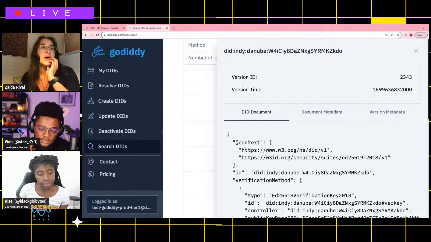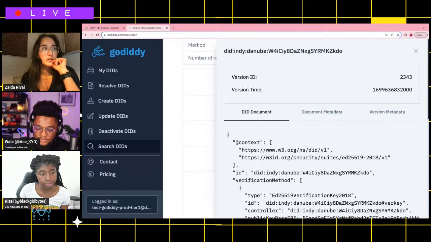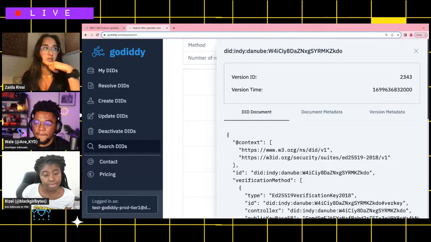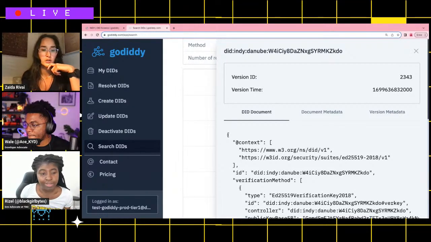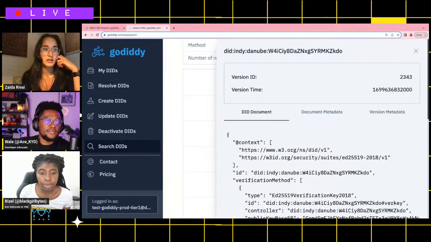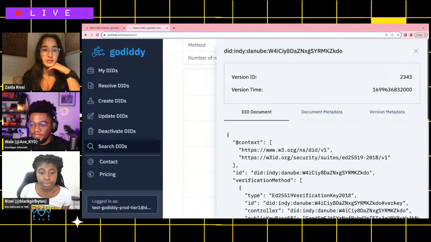Yeah, so Godiddy is currently not open source. You can create a test user and play around with it. But we set a limit for creating DIDs to, I think, 2 per month, and resolving to, I think, 15, or I'm not sure about the numbers. Stats at Godiddy is open to everyone. You can look at it. If you think, hey, that might be of interest to me, let me know, or write it in the comments.